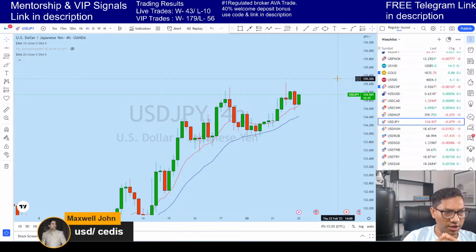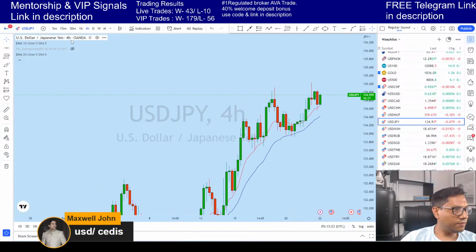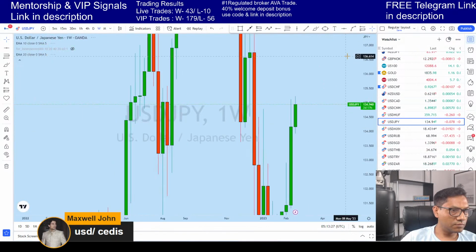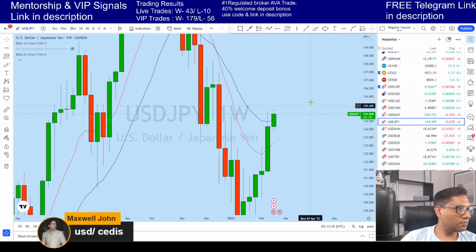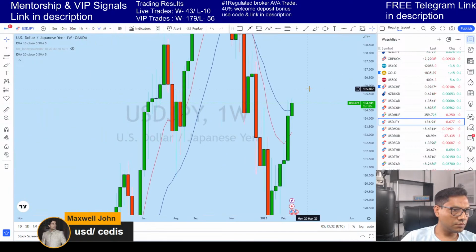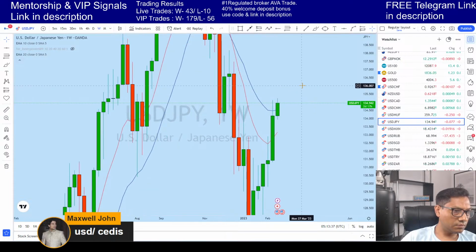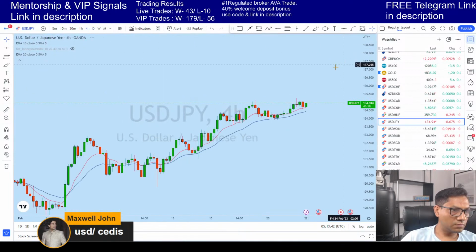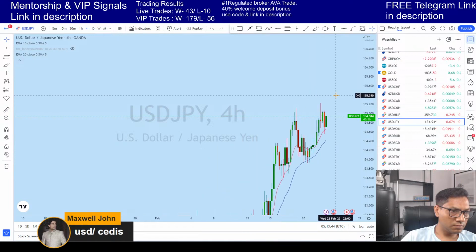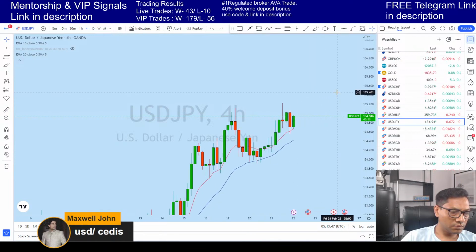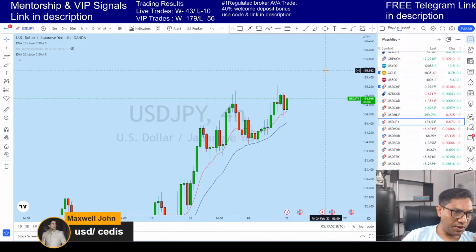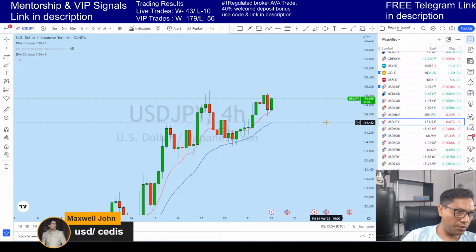So looking at dollar yen, what I see, that dollar yen from the daily, I think this market is also now preparing for a bullish move, but for me,